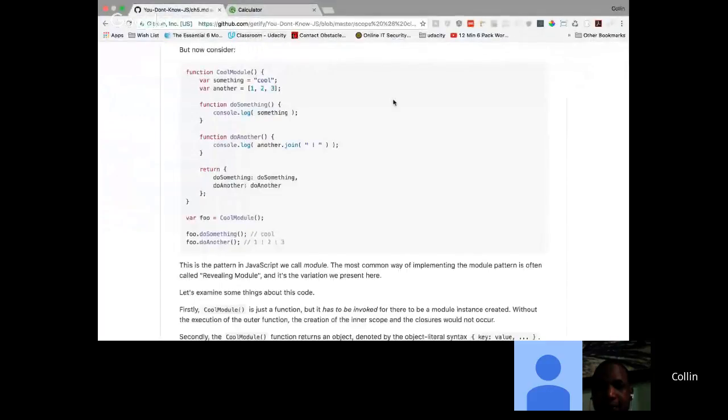So if we go back to this, that's essentially what this is doing. It's returning functions inside an object. So when we go through this, we have something and another. Those are just variables that do something, right? Oh, another join explanation point. Okay. So these are just variables that are being used inside a function. These are the actual function calls, but they are here. So these are the function calls inside of our module. So when we run cool module and we set this equal to foo, what we just did is we returned